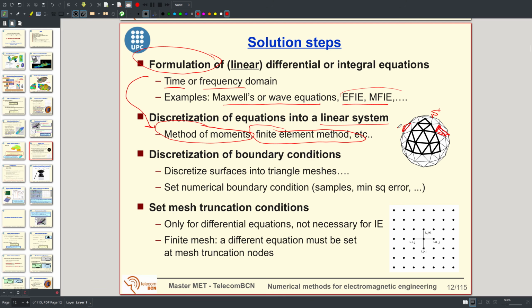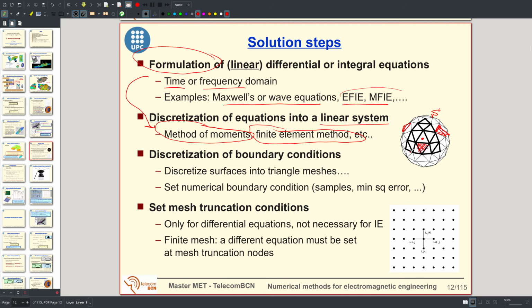You said the tangent component of the electric field equals 0. Well, this is a function of the electric field, and you have to convert this into numbers. So, for example, you can set the boundary condition to a sample, that is a number, of the electric field at the center of the triangle, or you may compute, for example, the minimum. You can compute the square error of the boundary condition,